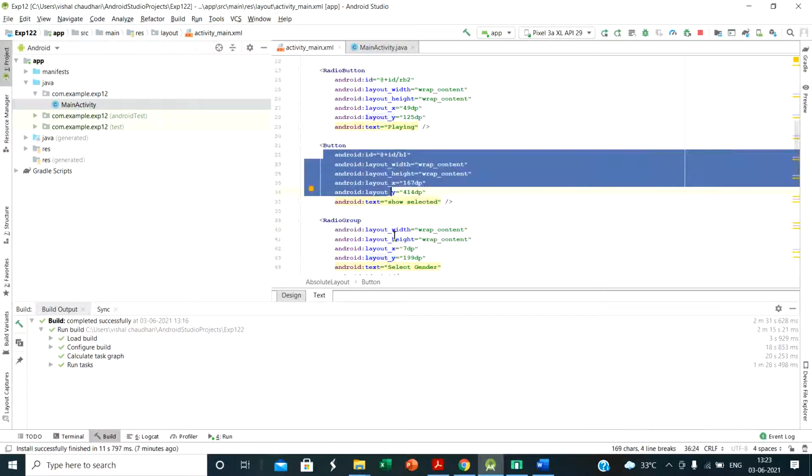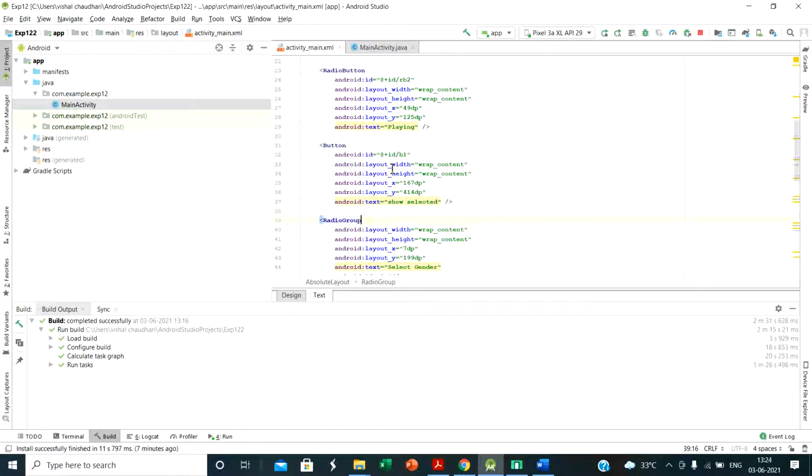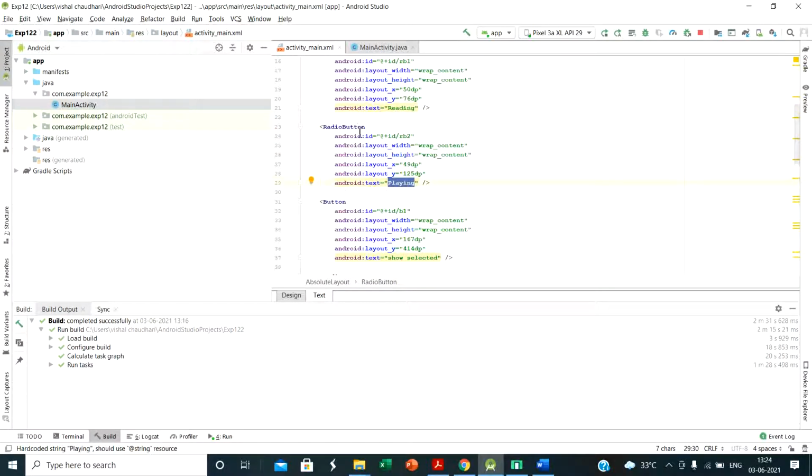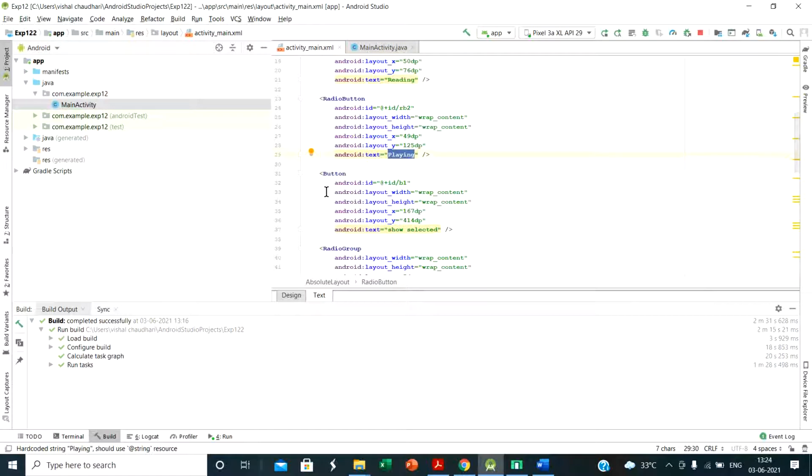Similarly, I create a second radio button. ID is RB2. Then width and height are wrap content, X, Y coordinates, and the second button string is playing. So playing is displayed on your screen. So these are the two normal radio buttons without group.